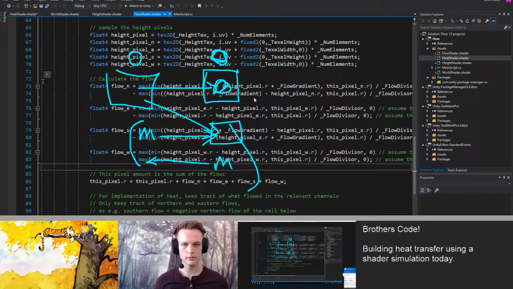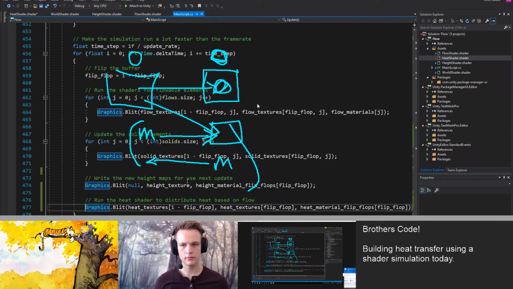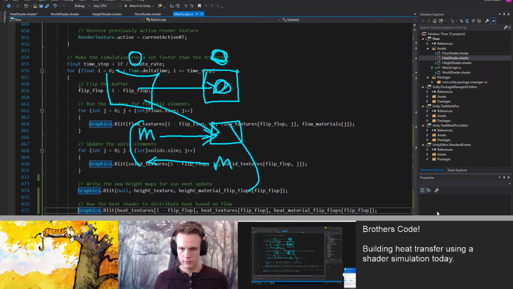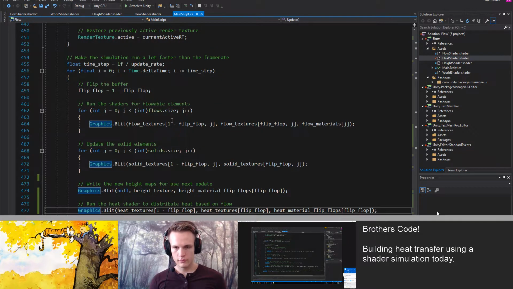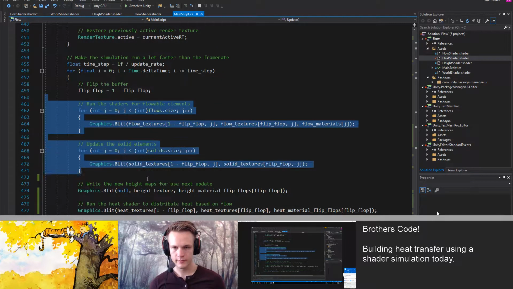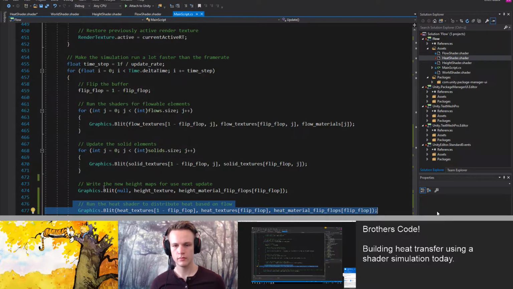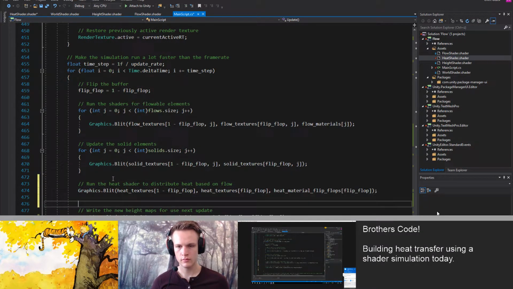So the main script, it's just easier to look at there. Here we have screen. This updates the elements, and then we can either write the height map and then write the shader, or for the heat, heat is here as before,